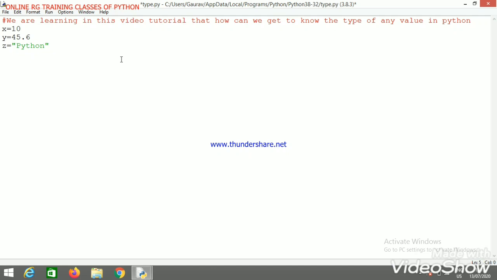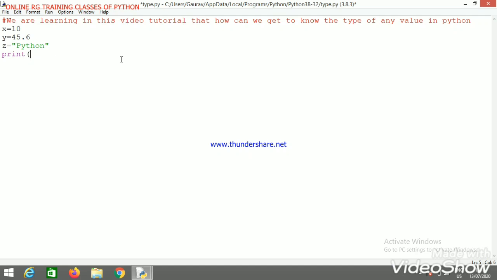Then to know the type of any value in Python, we use the built-in method type. We will use the print function that we learned in the last tutorial, as print is a function in Python 3, so we need to use it with parentheses.